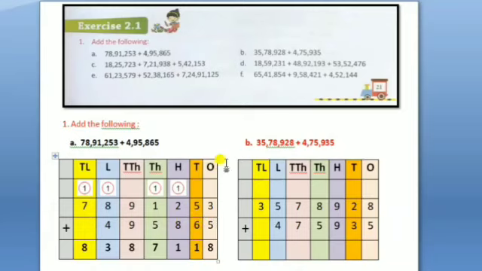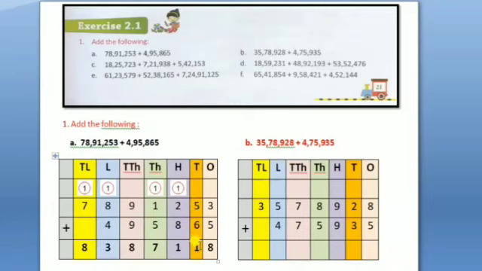Now, whenever we have to add, as we have earlier discussed, we will always start from the ones column. So here the ones column is there. First we'll be adding 3 plus 5. Already we know 3 plus 5 is 8. So we will be writing 8 in the ones column. No remainder, so nothing we have to define. Next comes the tens column. 5 plus 6 when added will be 11.